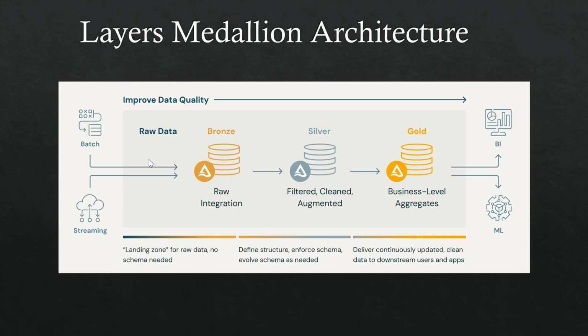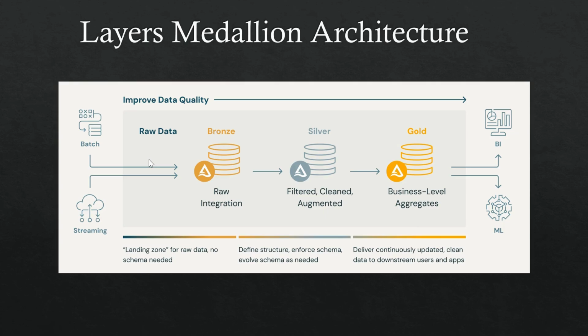As you progress the data and do some cleaning operations, that data is stored in the silver layer. In the silver layer, you are defining the structure of your data, you are creating your tables, and enforcing the schema, or evolving the schema as needed. Along with it, you can also filter the data whatever is required. If there's any bad data, you can clean it up. If there's any null data, you can clean it up and store it in your